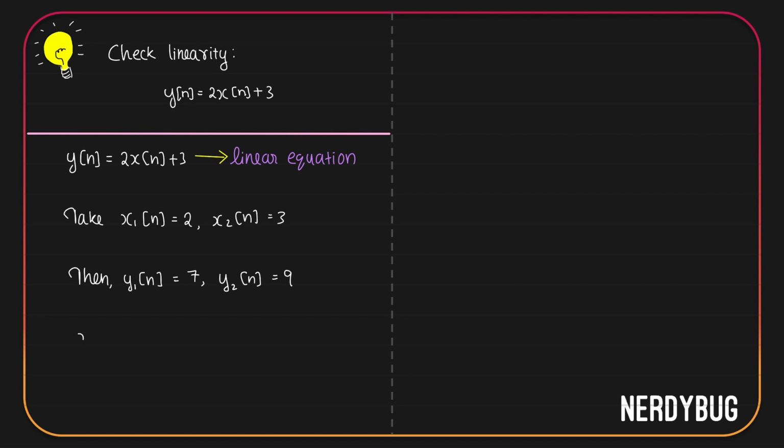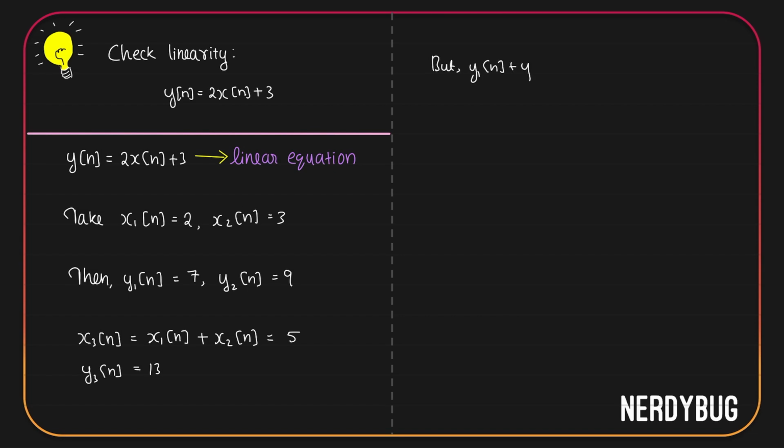Let us take another input x3 of n, which is the sum of x1 of n and x2 of n. That is, it will be 2 plus 3, 5. So y3 of n according to the definition will be 2x3 of n plus 3, that is 10 plus 3, 13. But